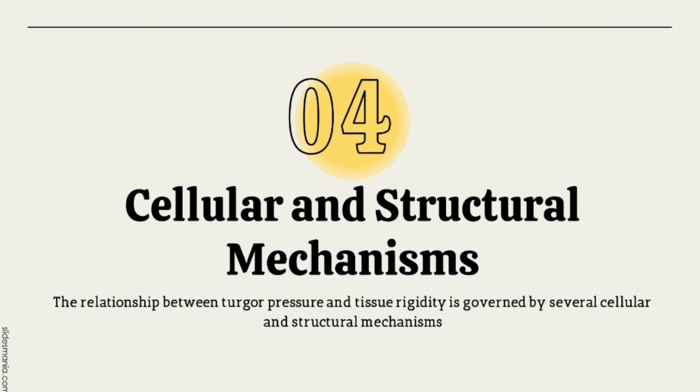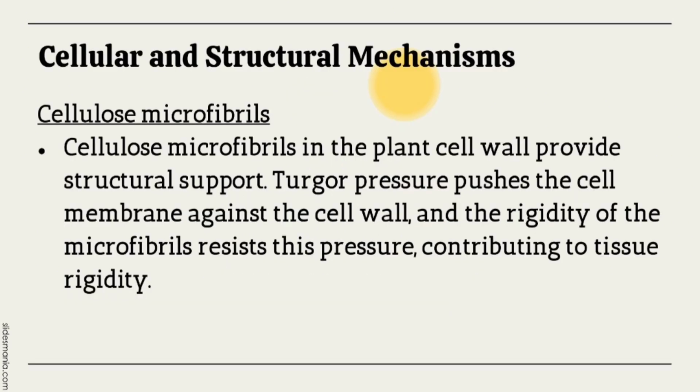So, next are the cellular and structural mechanisms. The relationship between turgor pressure and tissue rigidity is governed by several cellular and structural mechanisms. First are the cellulose microfibrils. Cellulose microfibrils in the plant cell wall provide structural support. Turgor pressure pushes the cell membrane against the cell wall, and the rigidity of the microfibrils resists this pressure, contributing